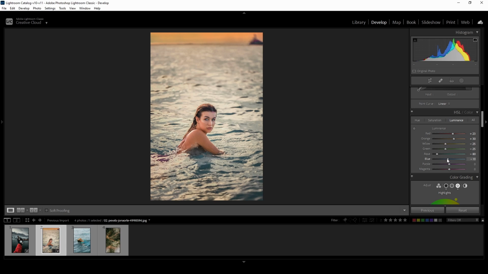I am reducing other colors' luminance in order to add depth to the photo. Orange was desaturated a bit too much and made the skin tones lifeless, so I am adding a little bit of orange back. Now I will change the hue of yellow color and move it towards orange, as I am aiming to achieve a subtle teal and orange color grade.